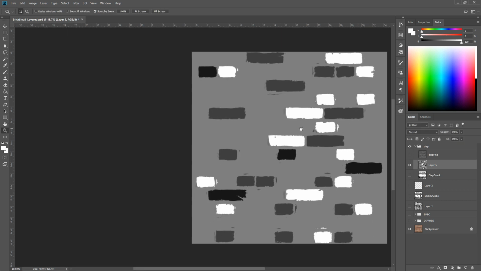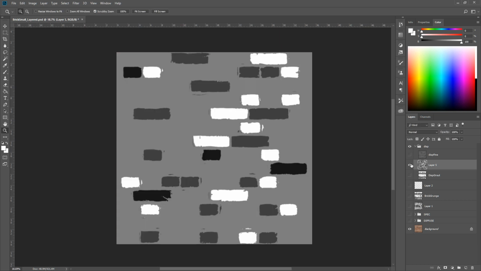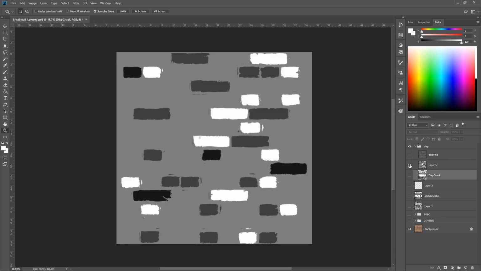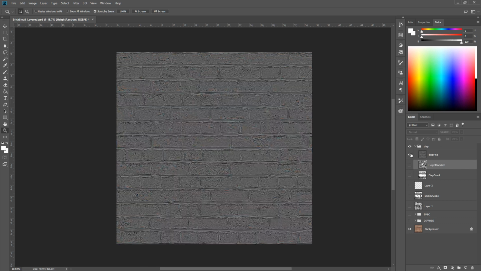Just trying to fix some of my terrible edges there. Okay, so we'll just see what we can get out of that. So we got our displacement grout and our height random. And you can kind of see what we're going to do with that. And then displacement